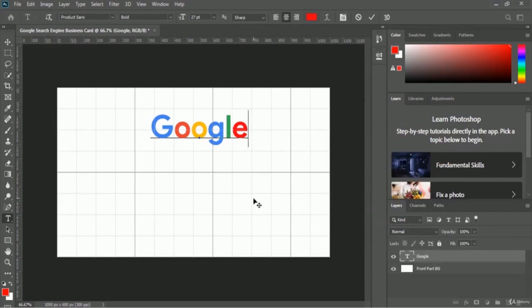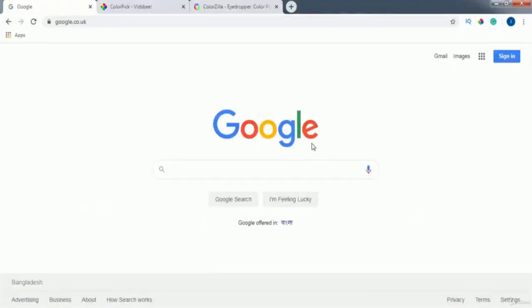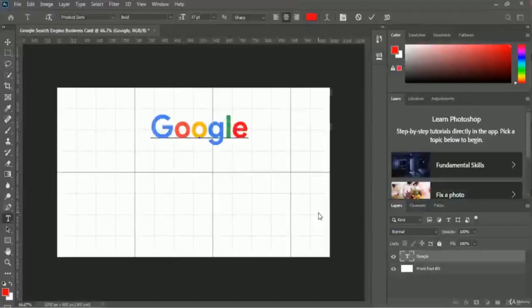Okay, it really looks awesome, but we have to delete this E alphabet, because if you take a look at the exact logo of the Google website, here is the logo of Google, the angle of the E alphabet is a little bit changed. So we have to do the same thing, and we will redo our E alphabet and change the angle of the E alphabet in our business card too. So let's do that. Let me delete this E alphabet in here,